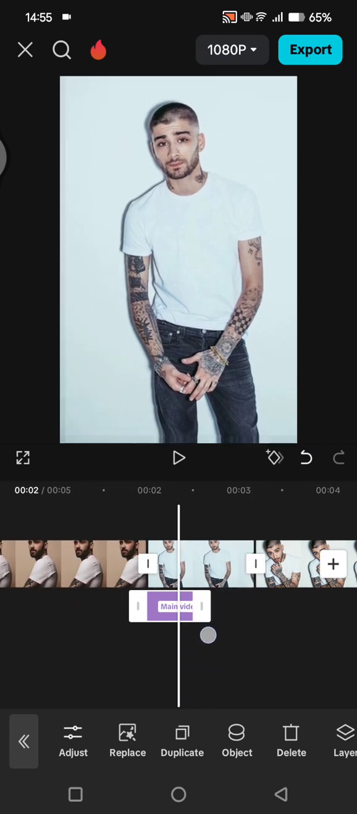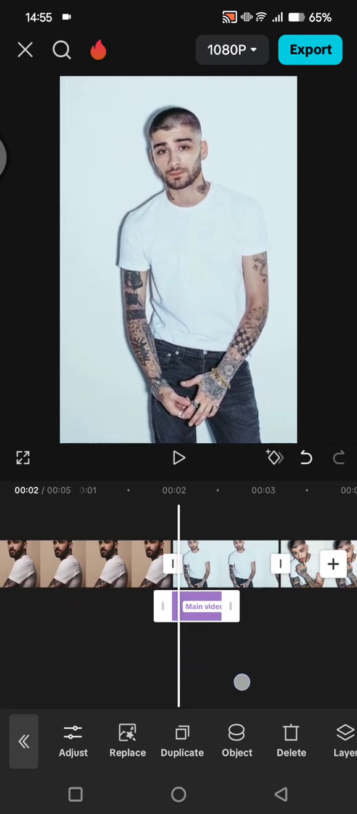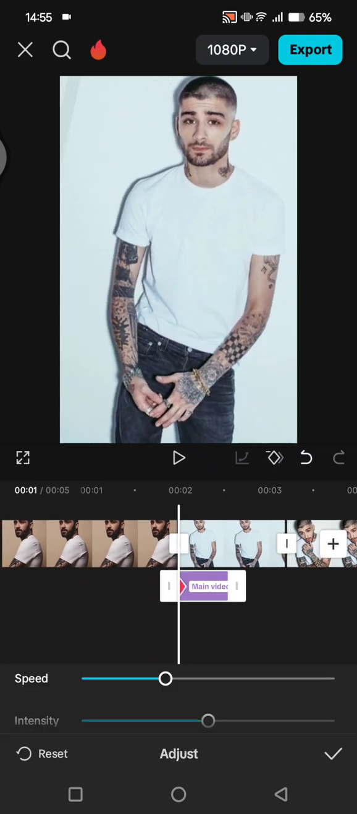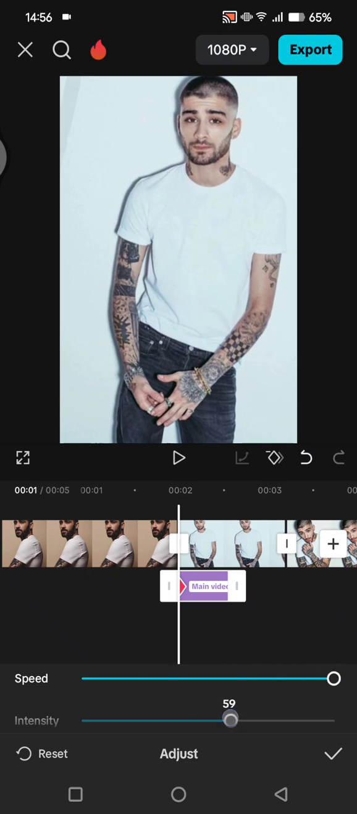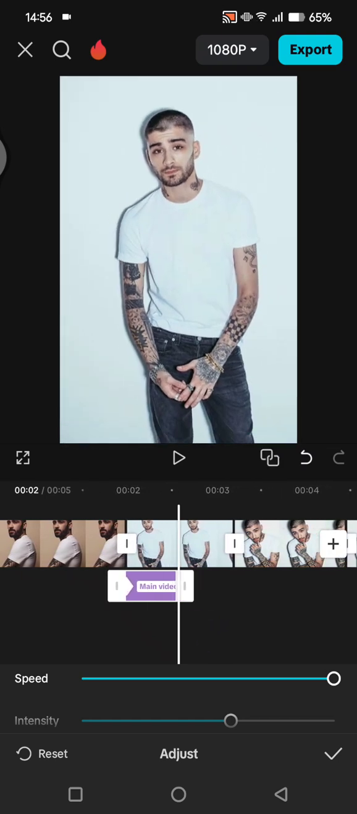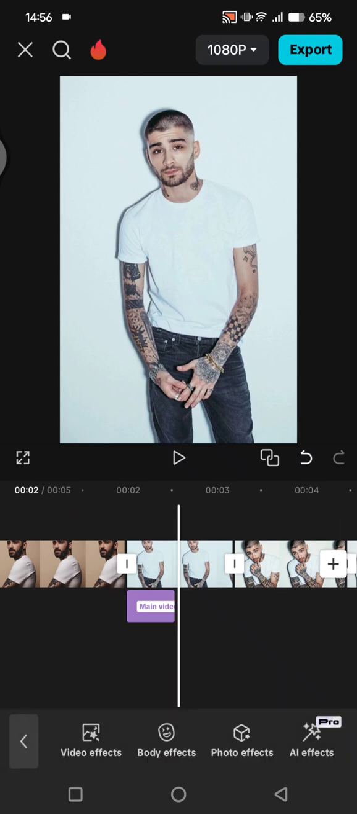So I'm going to go like this, and now you can add a keyframe at the start of the effects, and here just set the speed to 100 and intensity around 60. Now go to the end of the effects and set all of them to 0. Click on a check icon